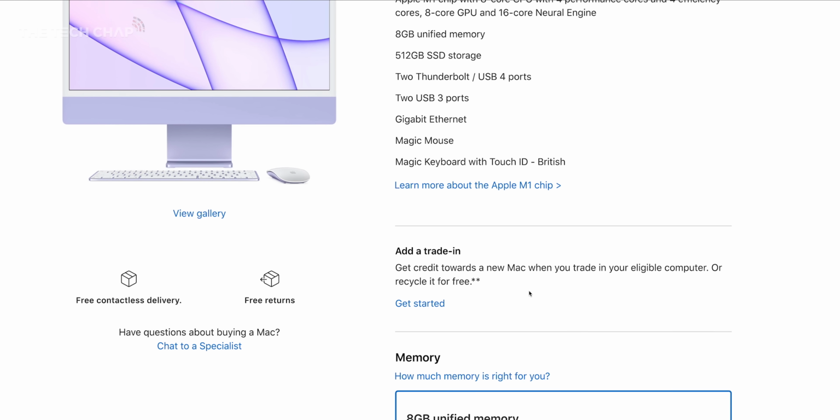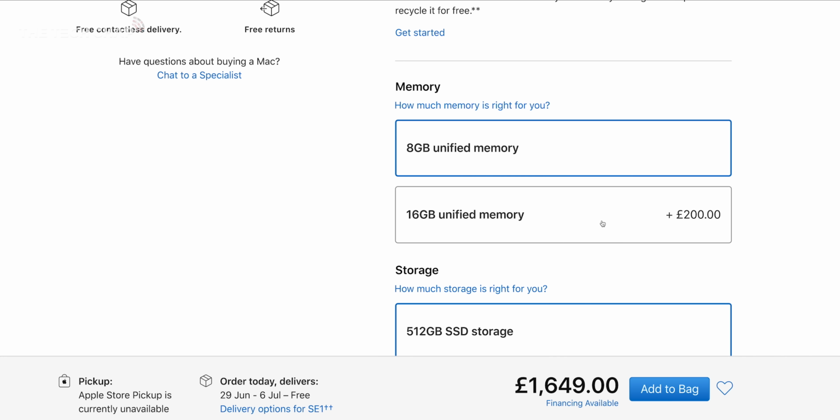So I've been using this for about a week now. I've been using these MacBook Pros with the M1 since they launched late last year, and I'm genuinely yet to come across a proper roadblock where I can't use a program or app that I want to because of the silicon. Although what I would suggest is paying a little bit extra up front and getting the 16 gig of